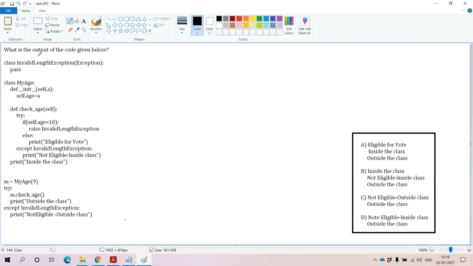Thank you. Now coming to the next question, what is the output of the code given below? Here in this code also, we have the invalid length exception class, which is deriving from the Exception class. Within that nothing is available, we are simply passing. And we have one more class, the myAce class. Within this class we have one parameterized constructor. Along with the parameterized constructor we have one